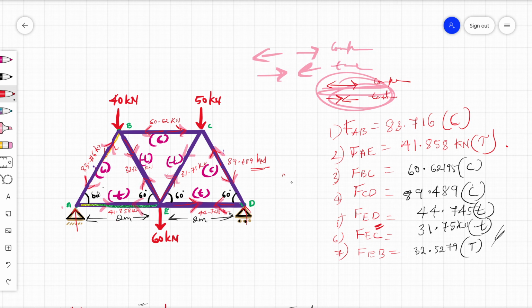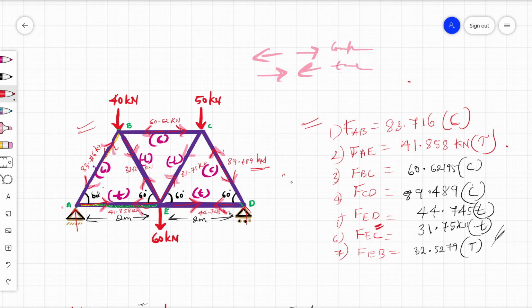You see at the point E, every force is going away from that point, and if you draw this much, you get the full marks. You have to draw this part and write whatever the force and whatever the tension, or whether it is in tension or compression, you get the full marks.